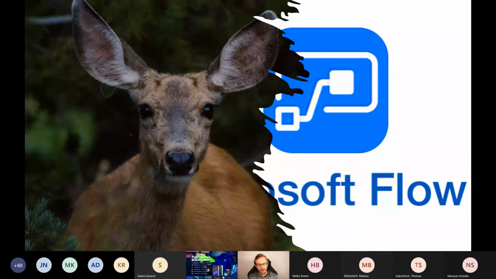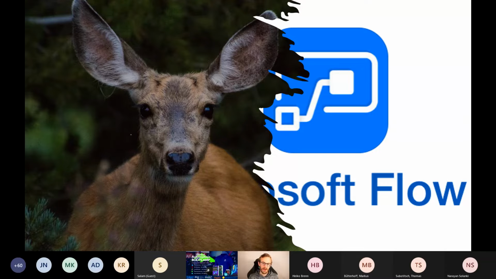I've actually been using Power Automate for a couple of years already, since it was still called Microsoft Flow. When I started with it, I was a bit doe-eyed, and I thought, well, this is going to be an easy transition. I already know a bit of PowerShell, so I should be able to just one-on-one map the kind of skills I have there and use it on Microsoft Flow / Power Automate.